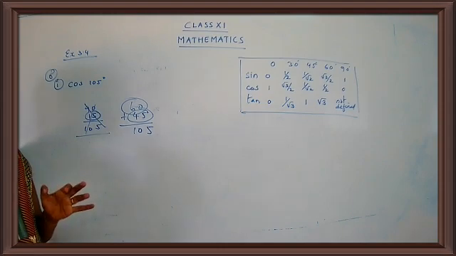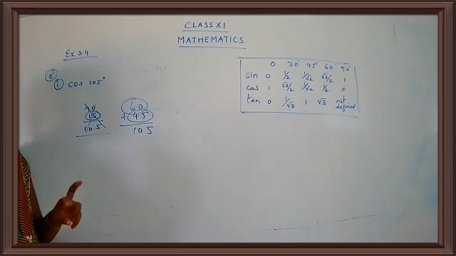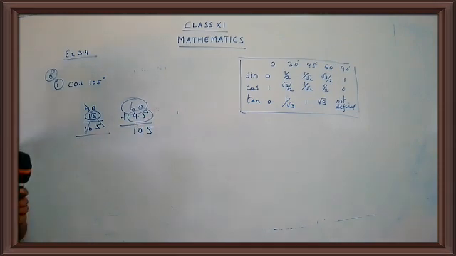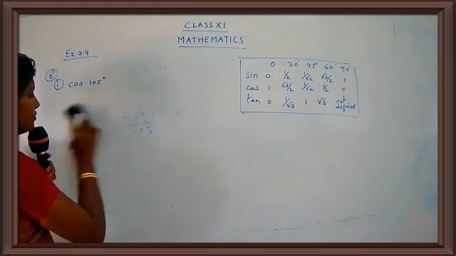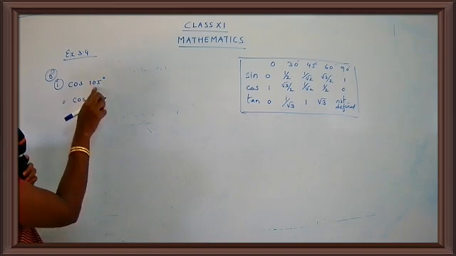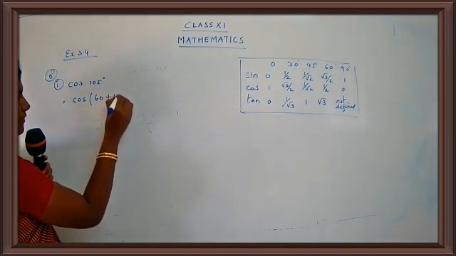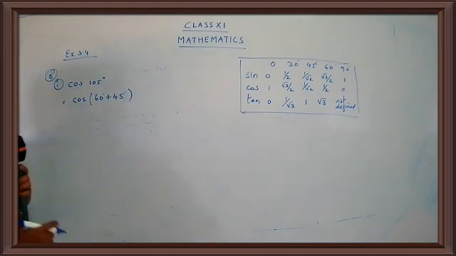Like if you are asked to find cos 60, yes, I know. If you are asked to find cos 45, yes, I can find. So try to find the angles which are available. Okay, now let's do the next step. So this is equal to cos of, how is 105 written? 105 is written as 60 plus 45 degree. Both the angles are known to us. Cos 60, sin 60, cos 45, and sin 45 can be found.